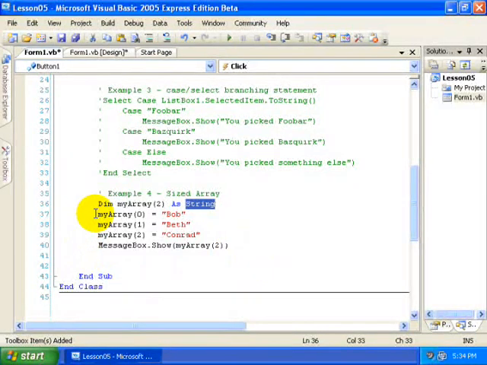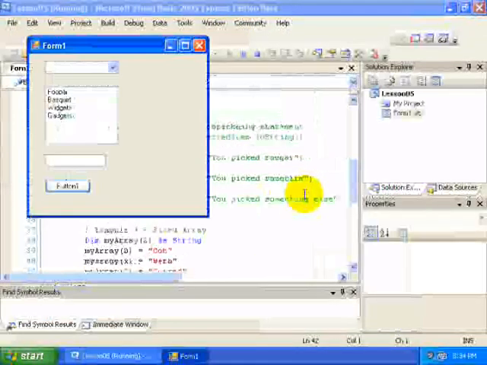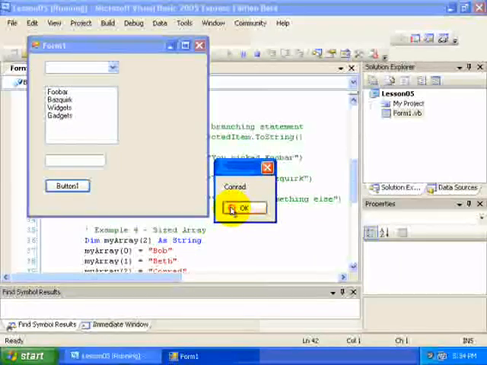So what we've done here is we've accessed each of the individual elements of the array by using an index, either 0, 1, or 2, in order to access the given compartment, or rather the given element of that array. And I have assigned the first element to Bob, the second element to Beth, and the third element to Conrad. In a like manner, I'm able to retrieve the values out of the array by using an index as well. Now in this case, what do you suppose will show up in the message box whenever we run our application? Let's go ahead and test it and find out. Okay, Conrad shows up, which is